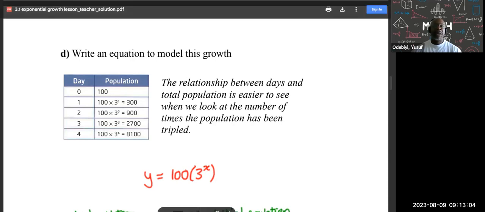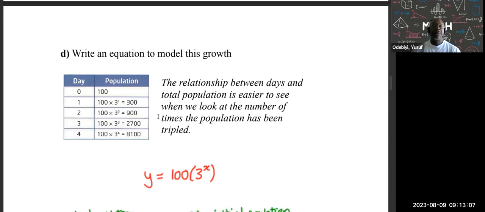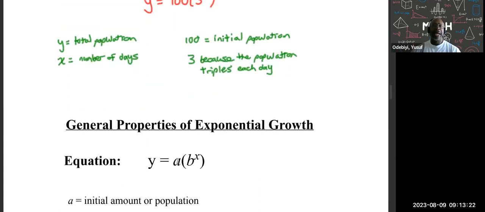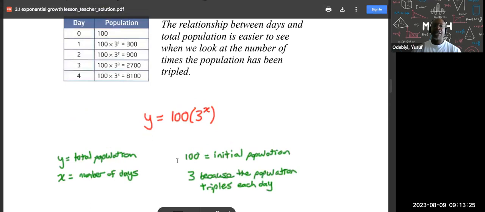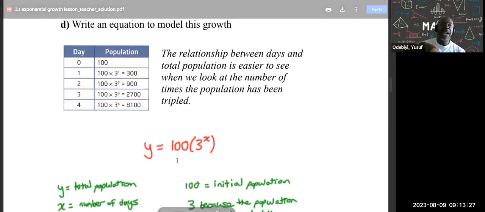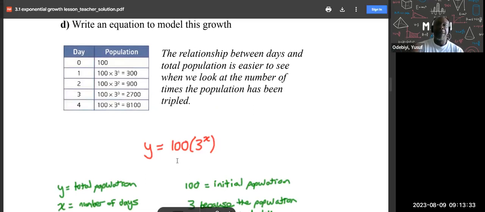Okay, so to come up with the equation, right? Now, when we talk about exponential functions, we have something called a standard equation. I don't think, let me see, we're going to talk about it. Yeah, I guess we're going to talk about it. It's coming up. Well, I guess I am going to talk about it. But this here is the future. This is the present.